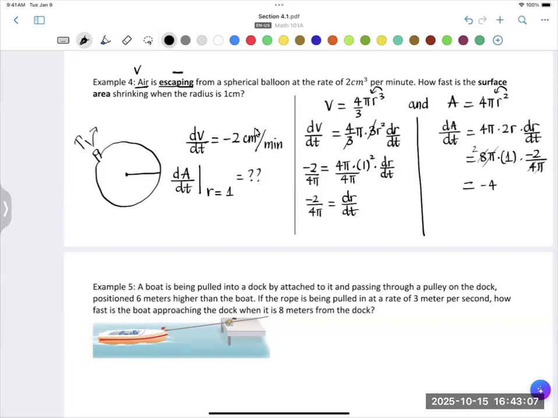Okay, so it means when the air is escaping from the spherical balloon at this rate, the surface area also shrinks. The area is shrinking at the rate of 4 centimeter square per minute. Okay, this is square because we talk about the area. All right,